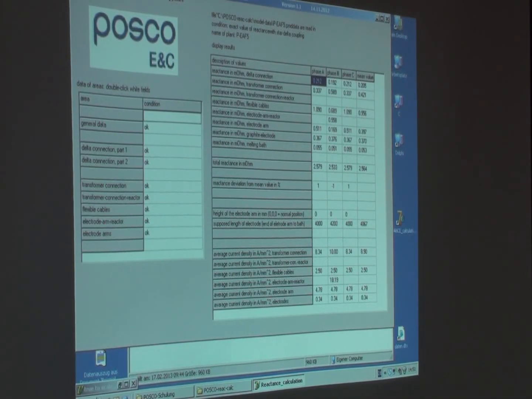And this we have to compare with 49. And if you compare this,